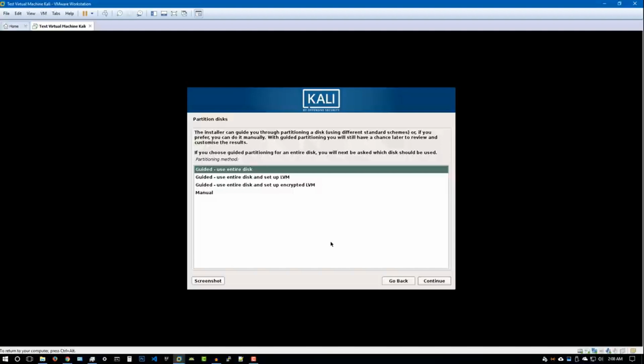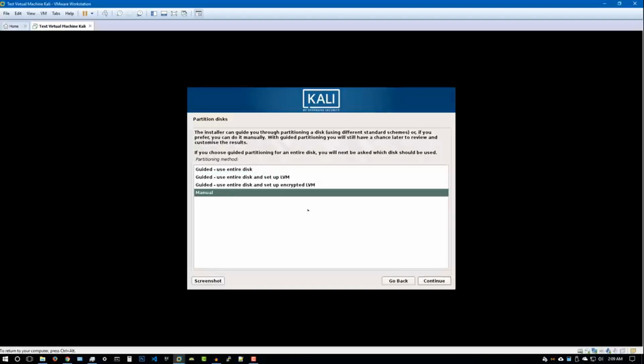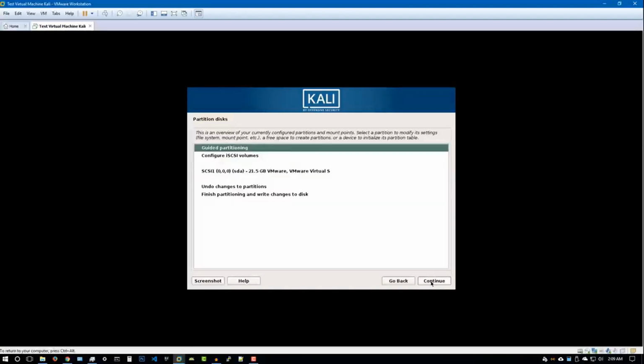Now again, I'll be showing you how to do this when installing it on a physical computer, but I can just give you some tips. Right now, when it comes down to dual booting, I'm assuming that you've already created a separate partition. Now, if you've done that, you want to identify that partition, and you should know its exact size in gigabytes or terabytes, whatever you've specified. Now, what I would recommend is going for the guided use entire disk. But again, if you've created a second partition and you're doing a dual boot, you can select manual, all right,